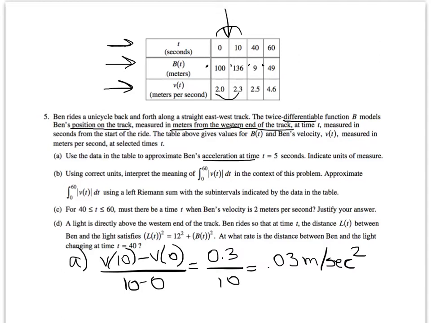Okay, now let's go into part B. So part B then says that we have to be able to interpret the meaning of this. Okay, now I'm trying to erase again. Here we go. It's not working. So I'm going to go to my new page. So interpret the meaning then of the integral from 0 to 60 of the absolute value of velocity